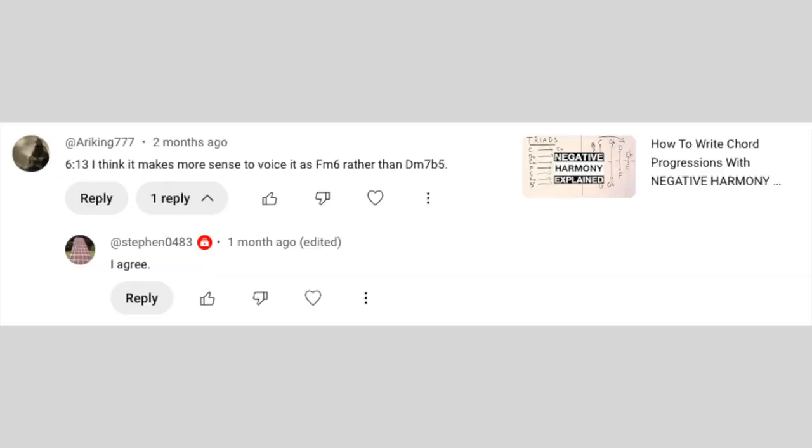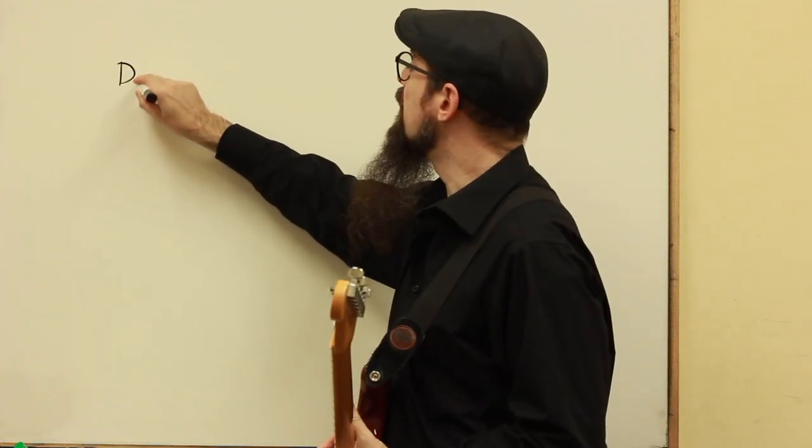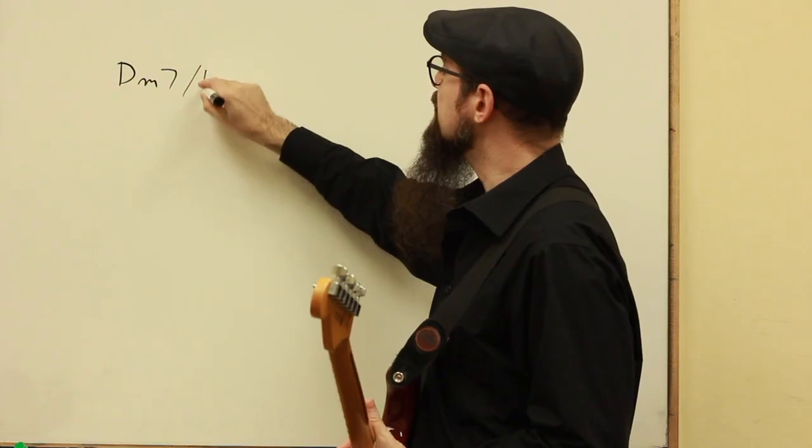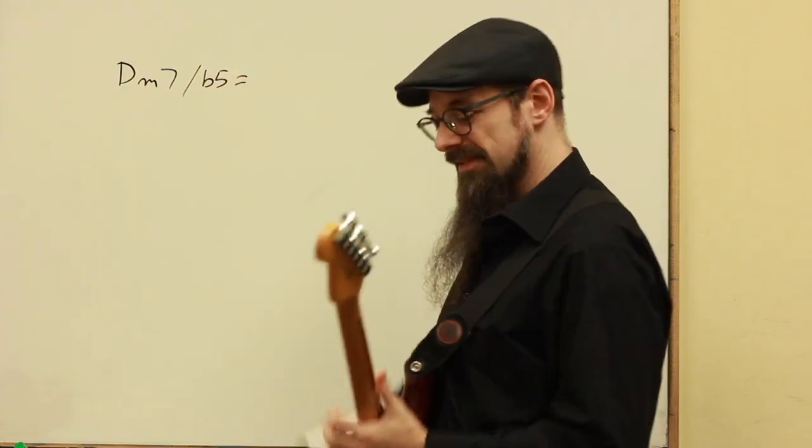I got an interesting question about half diminished chords. I think it makes more sense to voice it as an F minor 6 rather than a D minor 7 flat 5. So, the D minor 7th flat 5 chord contains the notes